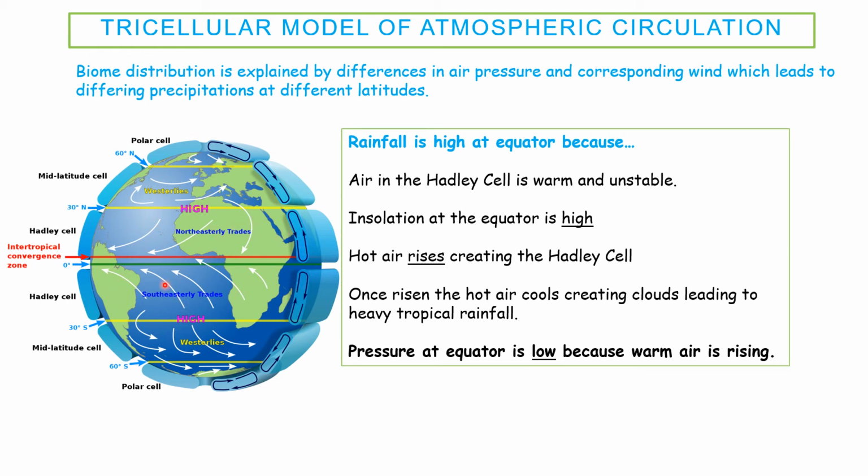And effectively the air is hot here because you get a high level of insolation, a high level of sunlight hitting the Earth's surface. The evaporation happens and the hot air rises into the higher levels of the atmosphere, and that means you get low pressure because the hot air is rising, and once it rises it gets cool up in the sky and it forms sudden downpours of tropical rain. So then the next bit we need to know